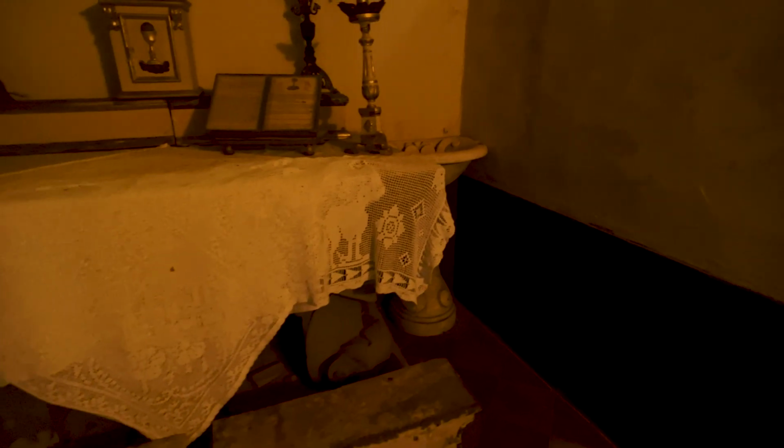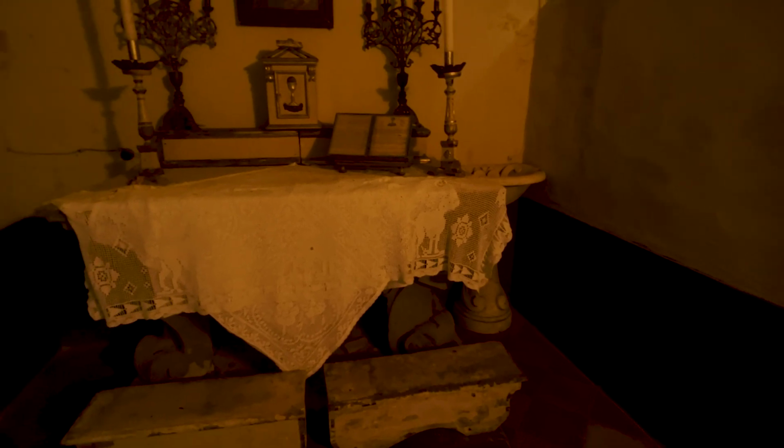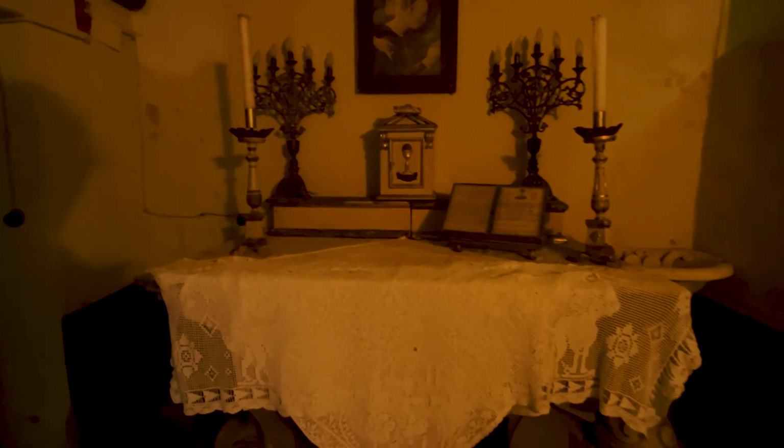And then just over here, you have this beautiful vase for your holy water. Now, there is another room, but I don't know whether we can get in there. I don't want to fumble around with the lighting to make sure, but I do want to show you